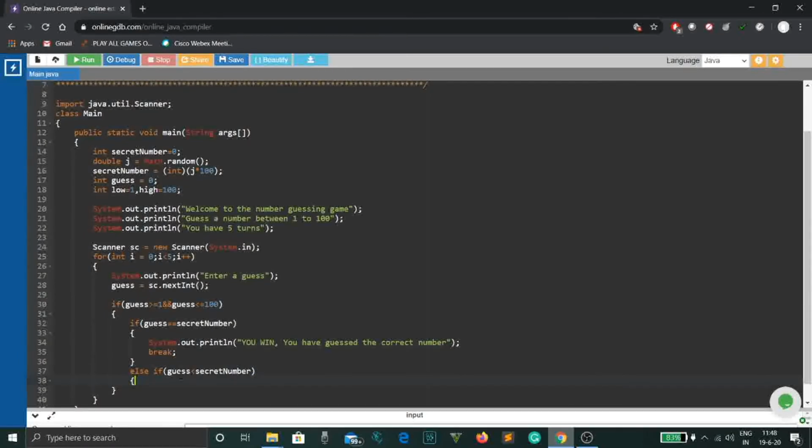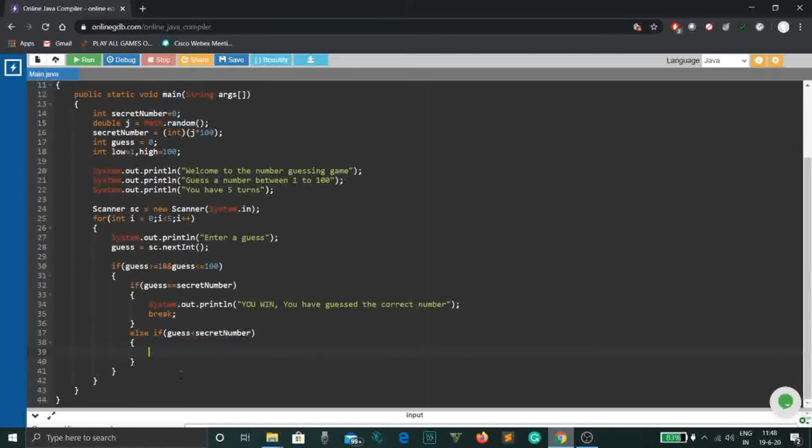Then we'll open our scope again, and here we'll have to change the lower bound of our range. So we'll update the value of low as low = guess + 1. For example, if the secret number is 80 and your first guess is 50, the computer will have to give you a new, updated range. So the lower bound of the range will be your guess, 50, plus 1. So now you'll have to guess your number between 51 to 100. That's what we're doing here.